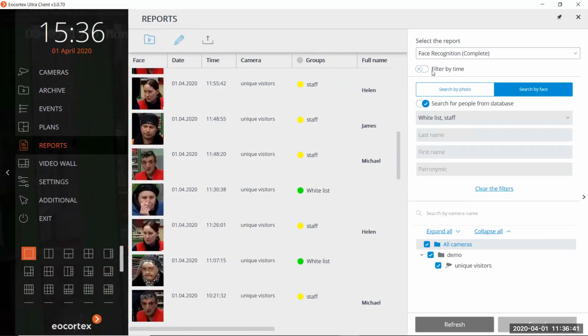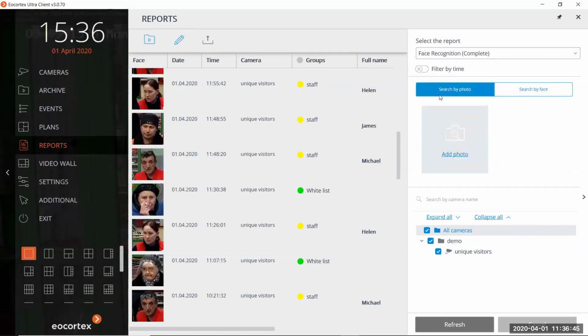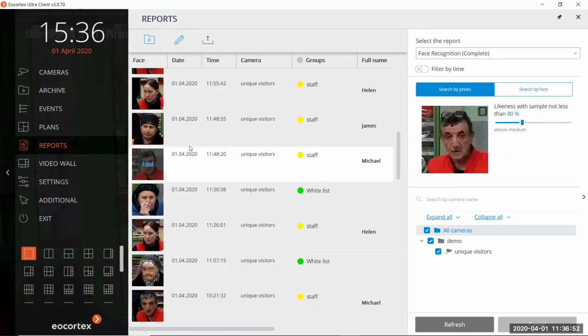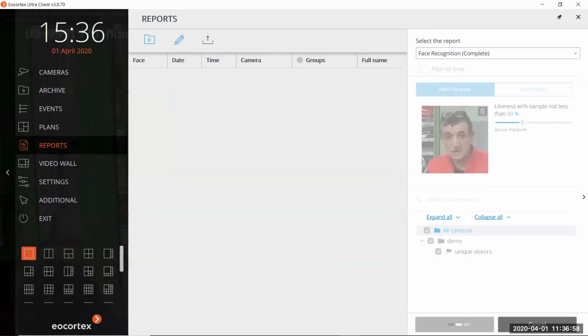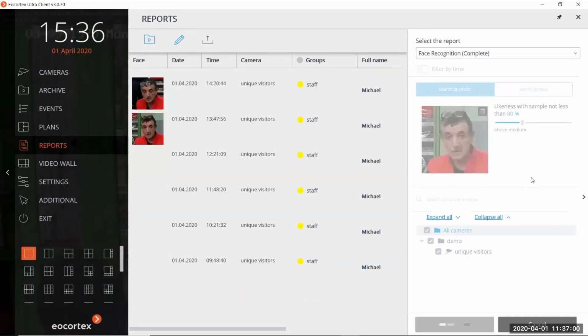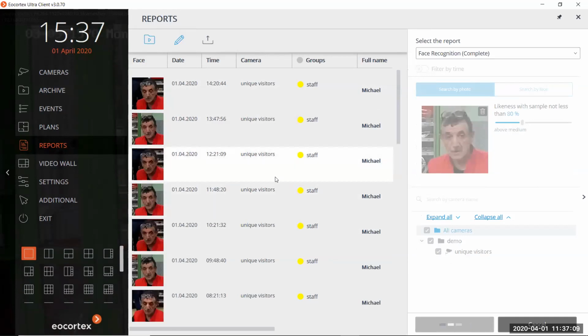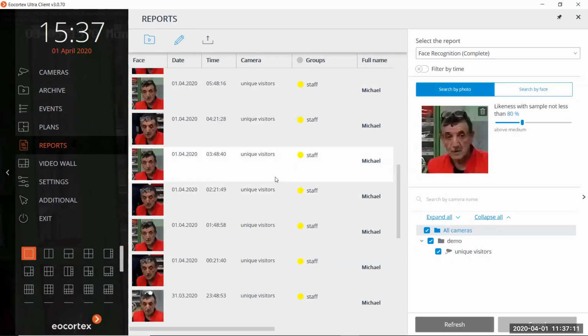And also, we cannot just use the search between the faces from the database. We can use the face, for example, of this Mr. as the filter for the search, and find all the moments when this exact person was detected. So you may notice that we have lots of results for the different time when he was detected.